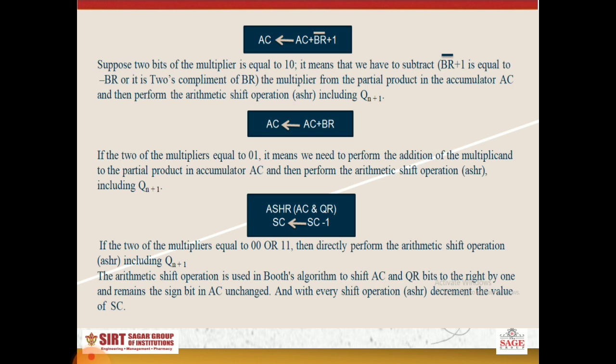If the 2 bits of the multiplier are equal to 0 0 or 1 1, then directly perform the arithmetic shift operation including Qn plus 1. The arithmetic shift operation is used in both algorithms to shift AC and QR bits to the right by 1 and the sign bit in AC remains unchanged. This is a very important point. And with every shift operation, decrement the value of SC,